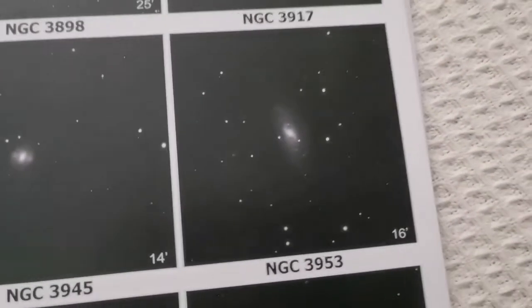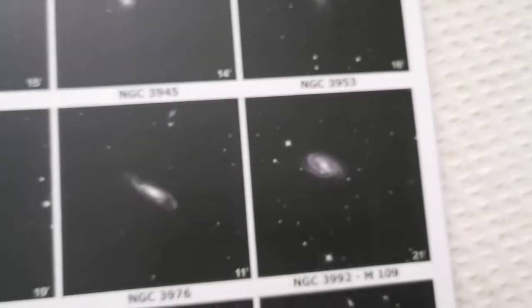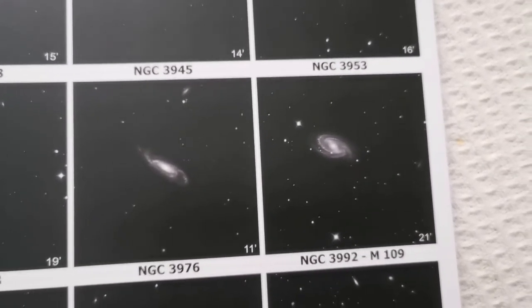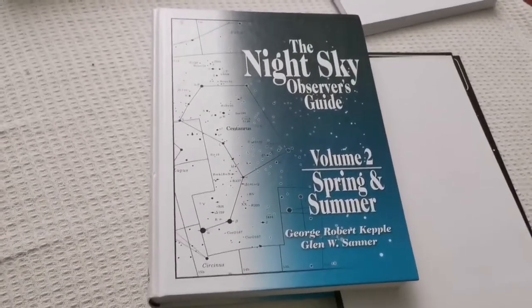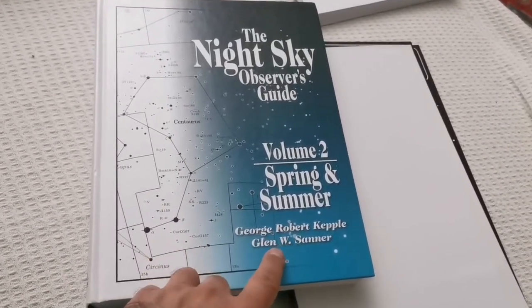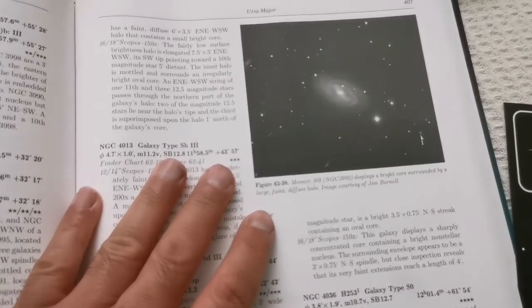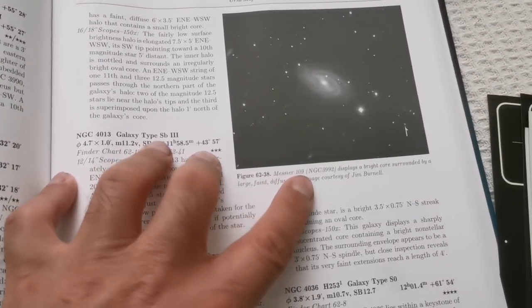So having one source is not good. You have to have multiple sources. And yet we can see the NGC 3992, which is M109 here, Messier 109. And if I refer to the Night Sky Observer's Guide Volume 2, Spring and Summer, by George Robert Kepple and Glenn W. Sanner, and you come to this page, you can see a description of a photograph of Messier 109, which is NGC 3992,